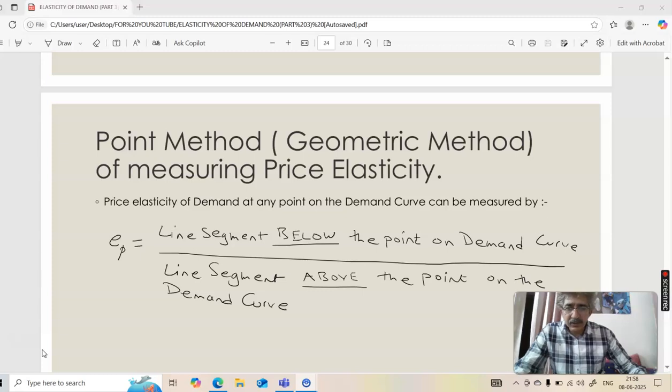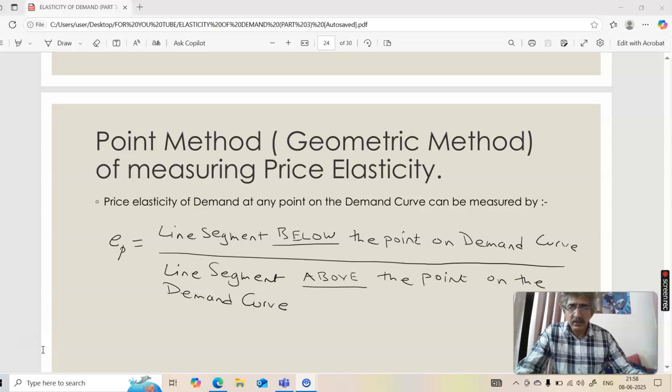We will be discussing today, I'll be explaining the third method of calculating price elasticity of demand, that is the point method or geometric method of measuring price elasticity. When we need to measure price elasticity of demand at a particular point on the demand curve, then we apply this method. So price elasticity of demand at any point on the demand curve can be measured by, here's the